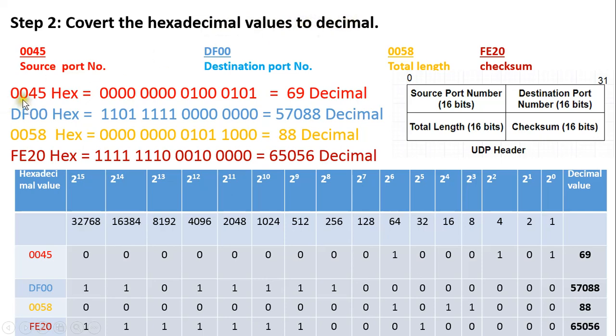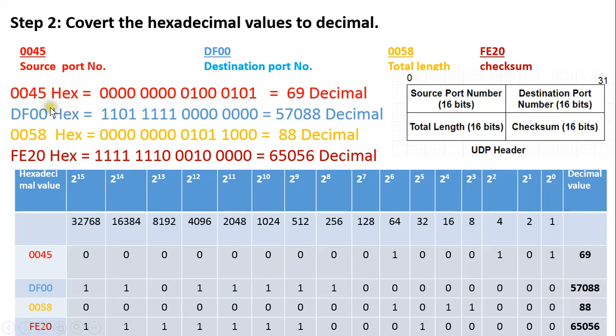Now the first hexadecimal chunk is 0045 in hex. It has to be converted to binary first and then to decimal. So each hexadecimal digit can be represented with the help of 4 binary bits. So 0 can be represented with the help of 4 binary bits 0000. Second 0 is again 0000. The third hexadecimal digit over here is 4, which is in binary as 0100, and the fourth hexadecimal digit here is 5, which is converted to binary as